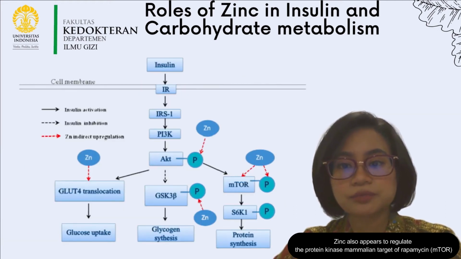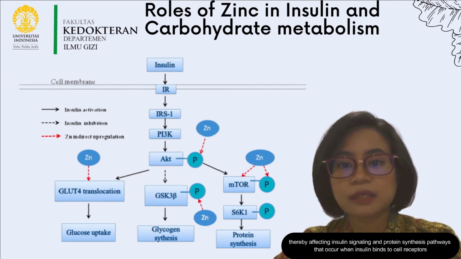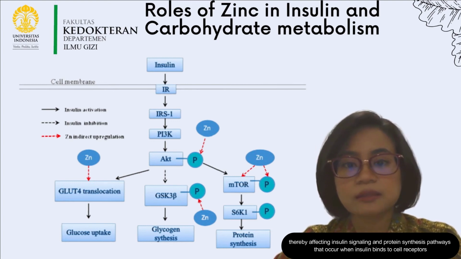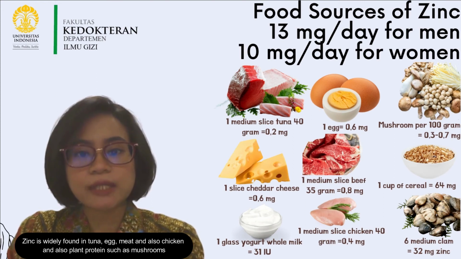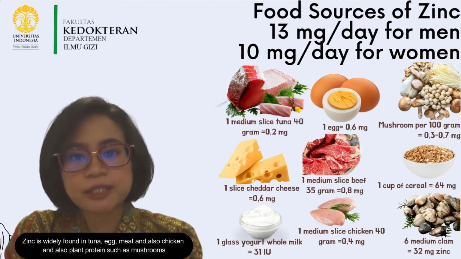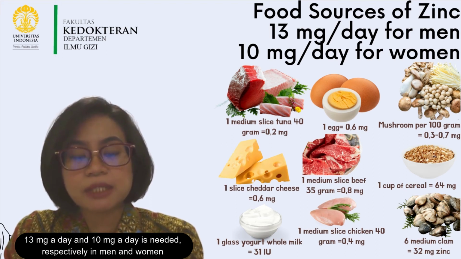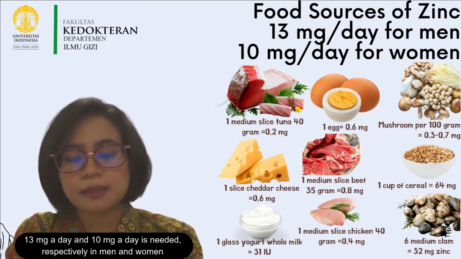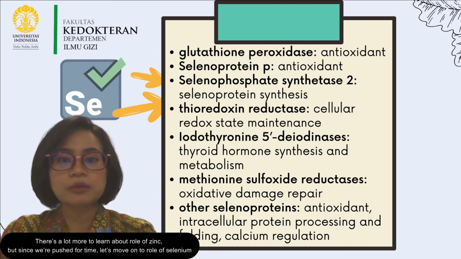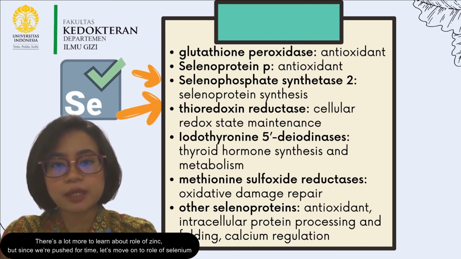Zinc also appears to regulate the protein kinase mammalian target of rapamycin, or mTOR, thereby affecting insulin signaling and protein synthesis pathways that occur when insulin binds to cell receptors. Zinc is widely found in tuna, egg, meat, and chicken, and also plant protein such as mushroom. 13 milligrams a day and 10 milligrams a day is needed, respectively, in men and women. There's a lot more to learn about the role of zinc, but since we're pushed for time, let's move on